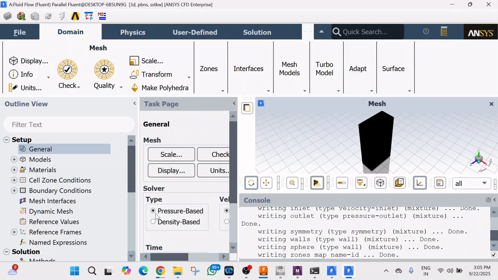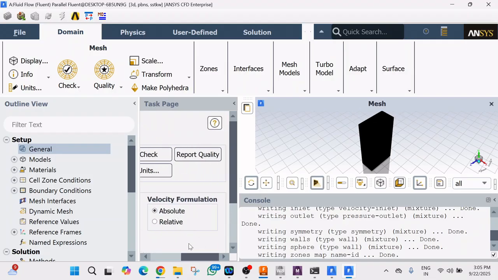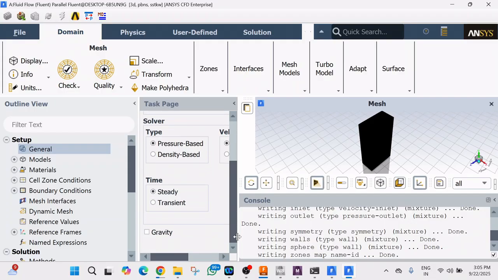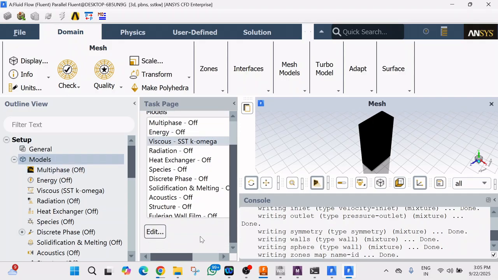Keep this as pressure based and velocity formulation as absolute, and keep this as steady state, and go to the models and change the model. Click on edit,